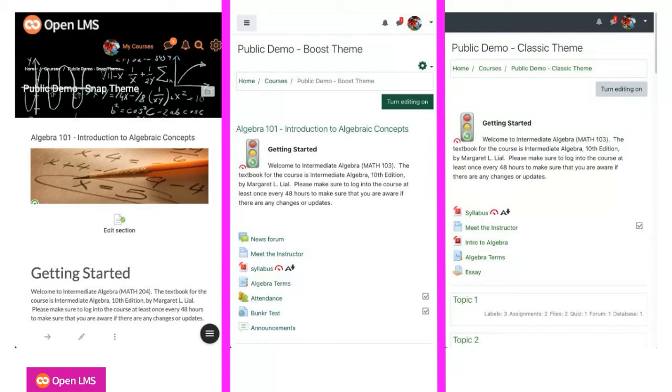So let me stop for a moment and just take a moment and see if anybody has any questions or comments about what we're seeing here. I'm not hearing any questions or anything like that. So